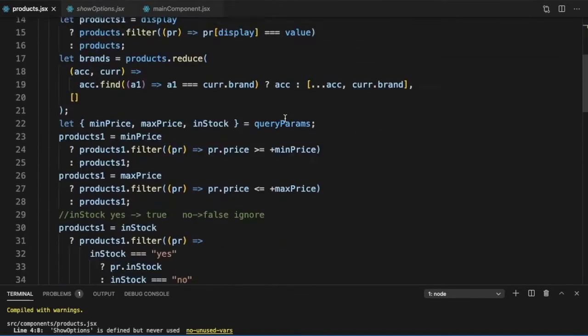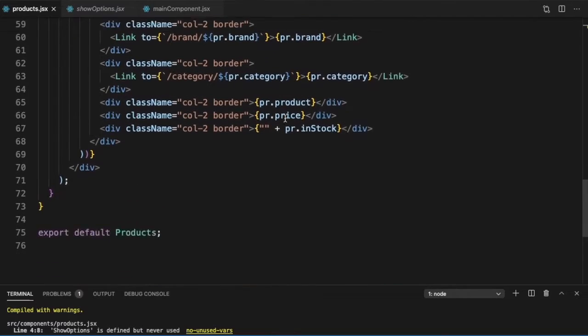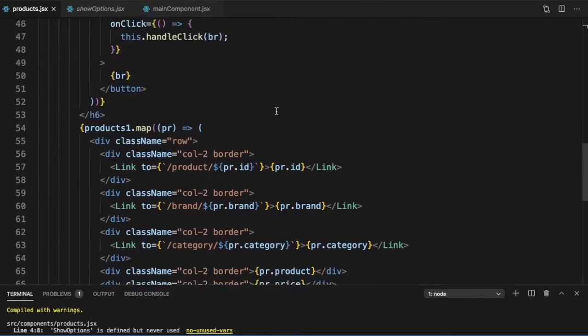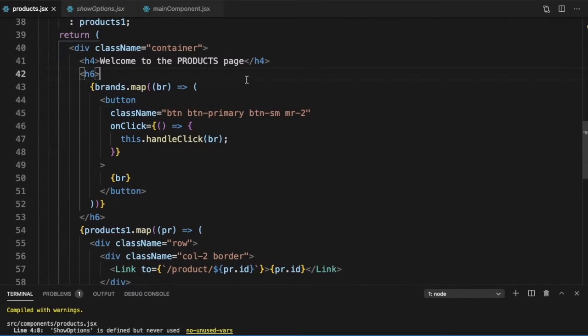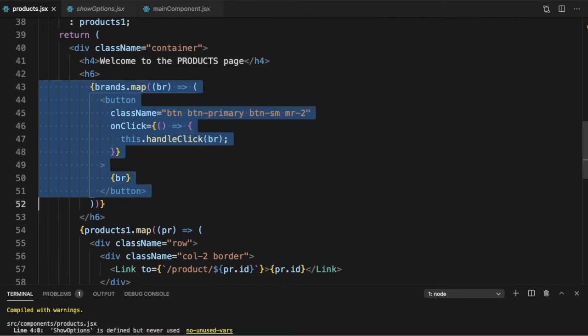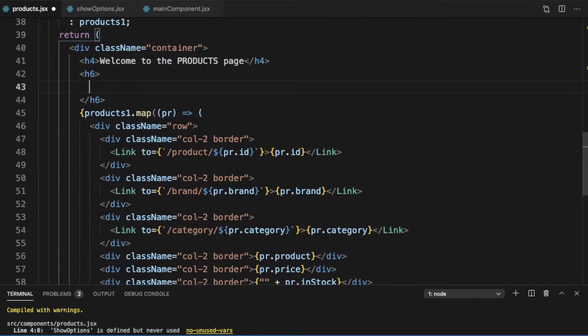Now what do we want to do here? The first thing we want to do here is just display them here. So let me just remove this brand part, and here we can just show options. What all do we want to pass here? We want to pass the options. Now what should be the options?